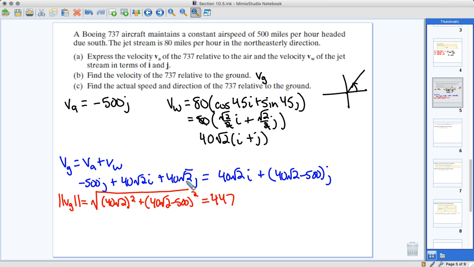Okay, then you want to find the direction between the 737 and the ground. Okay, so basically what that means is you want to find the angle between v sub g and v sub a. So I'm going to use that last formula that we had. So I have v sub g, so I don't have to do anything with that, the magnitude. I do have to do the dot product. So I'm going to do v sub a dot v sub g,